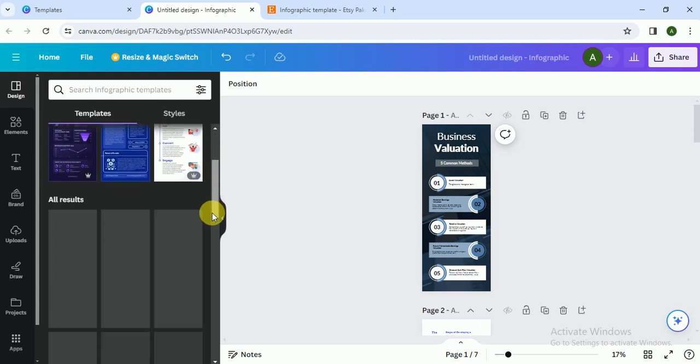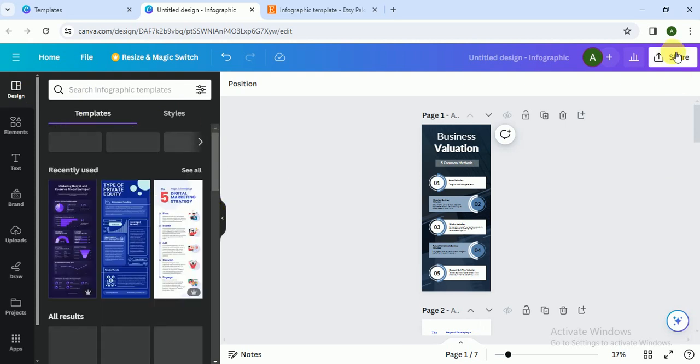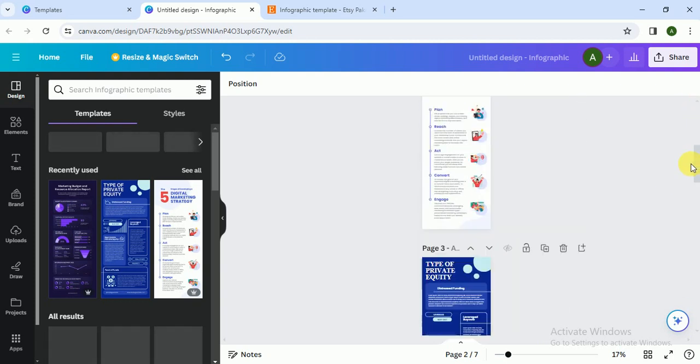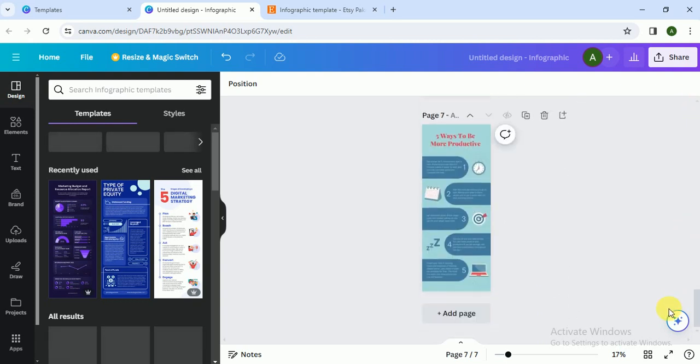So you can search different keywords, and you have different templates, so you can add the templates to your list. I added 7 templates, so you can add 100 plus templates and